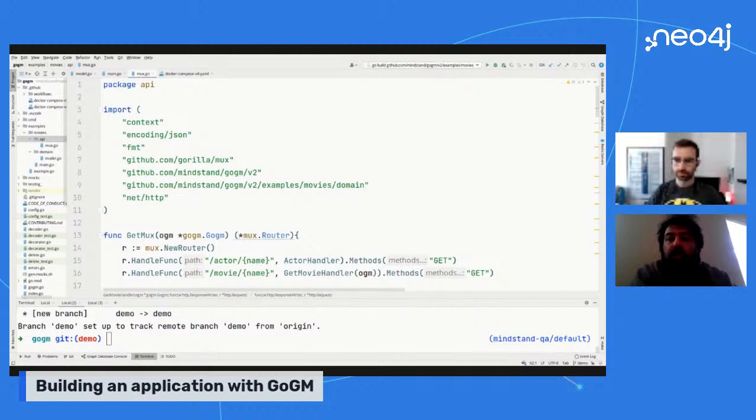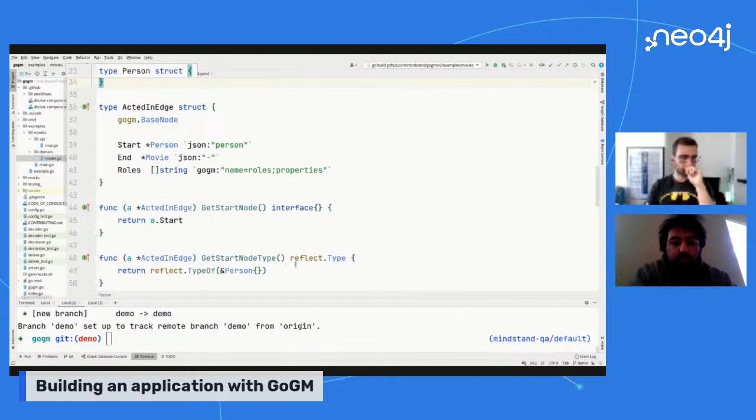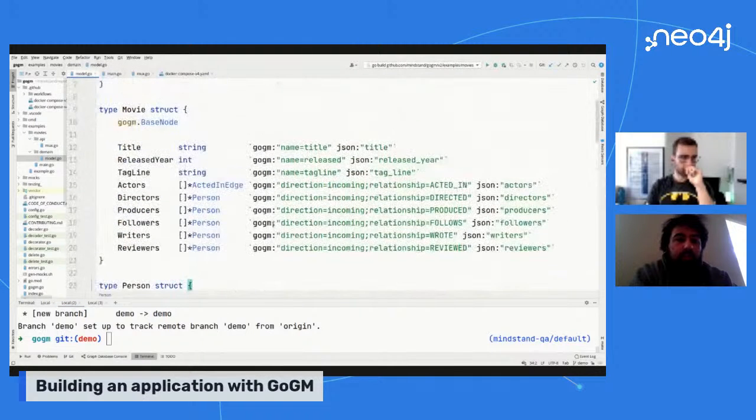We're using Gorilla Mux for the API code, but this can also work with Gin or any other API platform for Go.